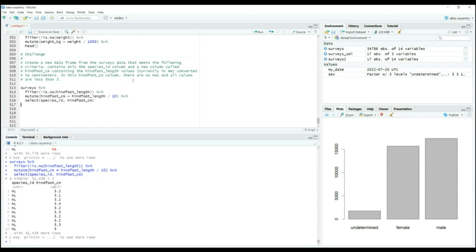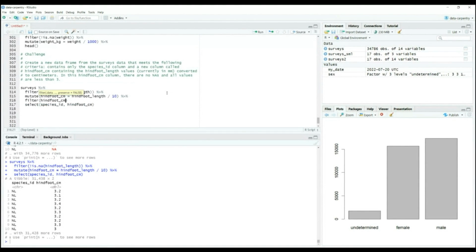Okay, we need to get rid of NAs and values that are not less than 3 centimeters. We can do the filtering here. That's the tricky part of the exercise. At this point, we don't have the column in centimeters. After this point, we have the column in centimeters, so we can apply again a filter, and we can say